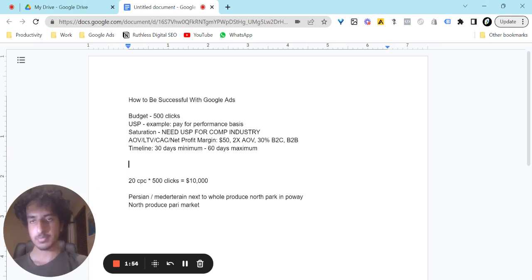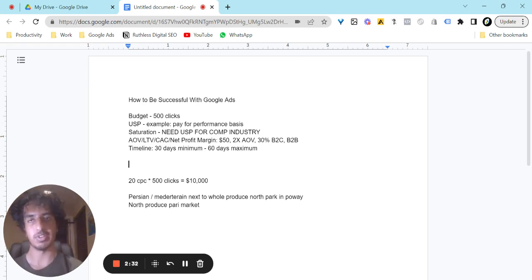Now, why? Every 100 clicks on average, you should get about 2 conversions, depending on what you're selling, your unique selling proposition, the price of your product, and a whole plethora of other factors. It may vary. It could go as high as 6% of people convert and as low as 0.5. Again, depends on the product and service you're selling. So you need to factor in your traditional conversion rate, and you have to see for every 100 clicks you get, how many people are purchasing your product or service. On average, it's going to be 2. So let's use that as a rough estimate.